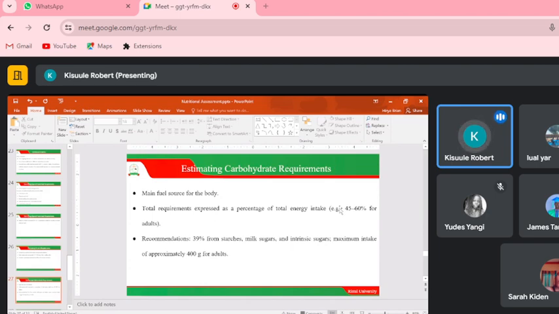measurements. Estimating carbohydrate requirements: we know the roles of carbohydrates in the body, the sparing effect of protein, them being the main fuel source of the body, etc. And we are saying the total requirements are expressed as a percentage of the total energy intake, 45 to 60% for adults, and the recommendation is 39% from starches, milk sugars, and intrinsic sugars, and a maximum intake of approximately 400 grams